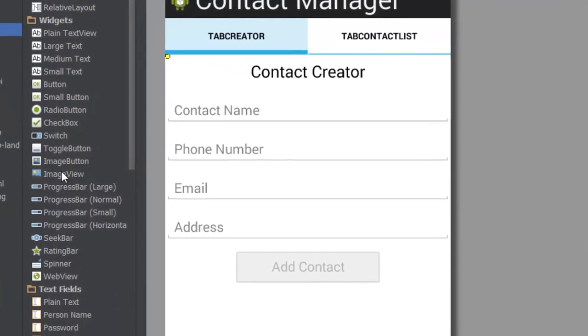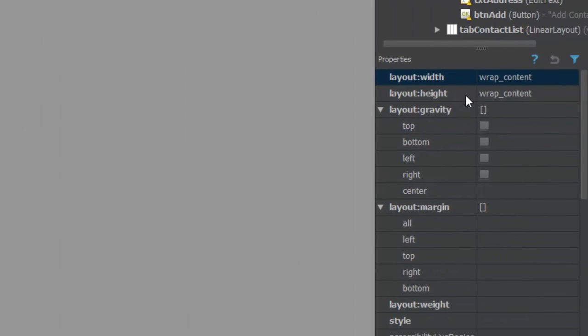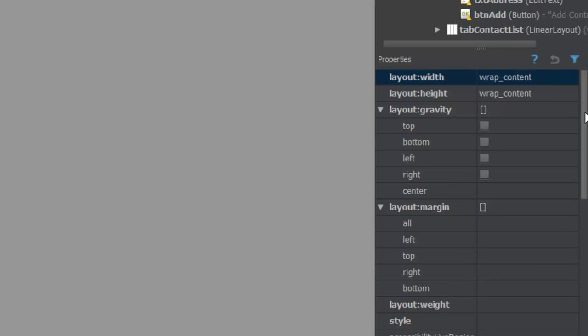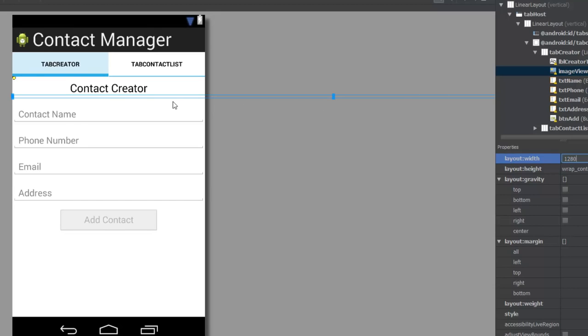So we're going to just drag and drop this image view from our palette into this beautiful app window right here. And what you're going to notice immediately is that there's just this little blue square, and that is because the layout width and the layout height is set to wrap content. What this basically means is that it's gonna resize the image view to fit the image. So it's not gonna scale it to a size we want, it's gonna scale it to the image's size, which is usually really bad, because the user could just say, okay, I'm gonna put this 1280 by 720 thing, and then we're pretty much in trouble, because what happens if you put 1280 right here? This happens, which is really bad,